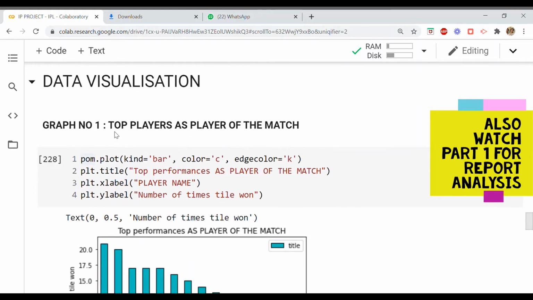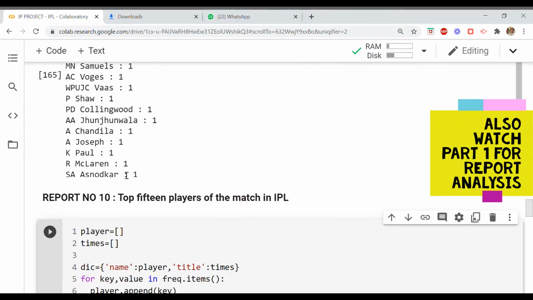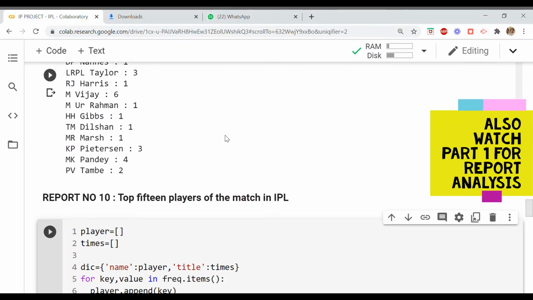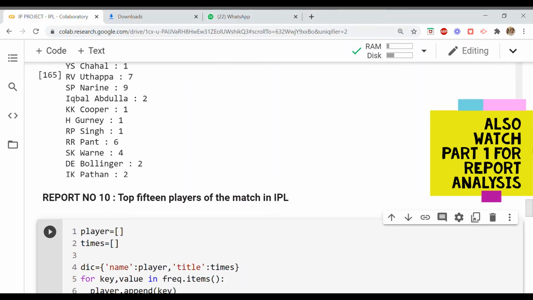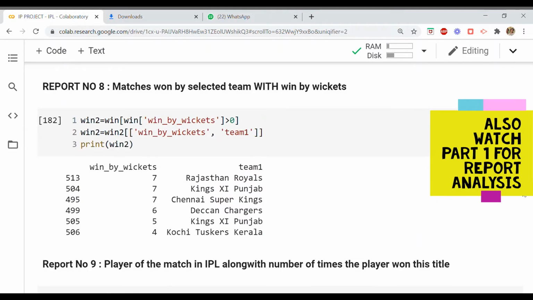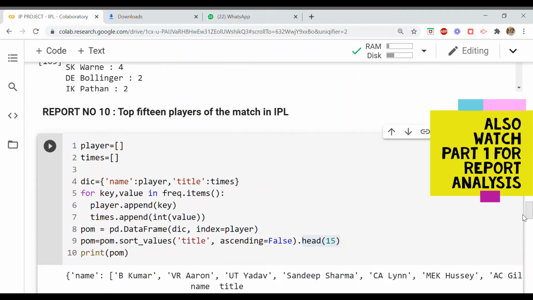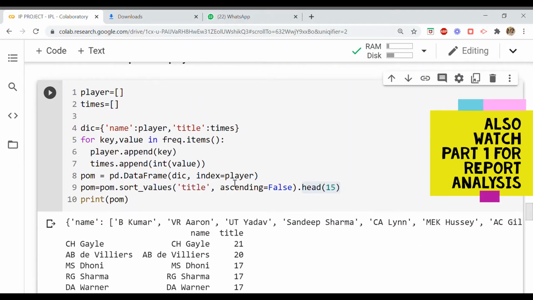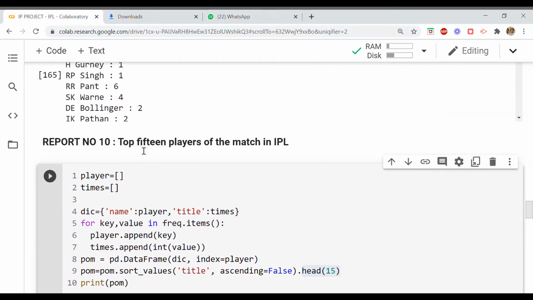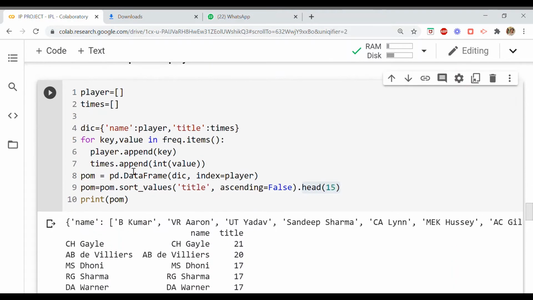The first graph is, as you can see here, my complete data frame was A, out of which I have taken a part of the data frame in my previous reports, which I took as player of the match. This was the report which was created, top 15 players of the match, in which I created a data frame by the name player of the match.